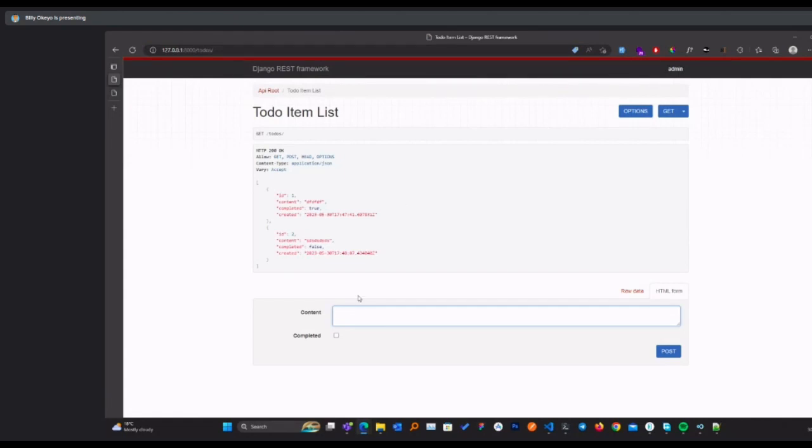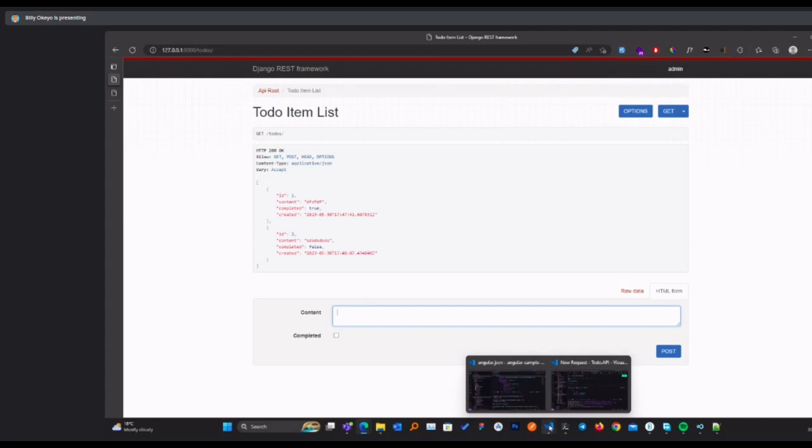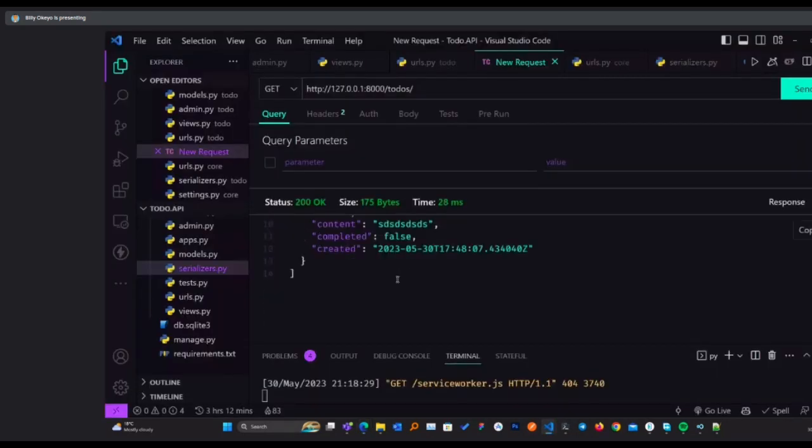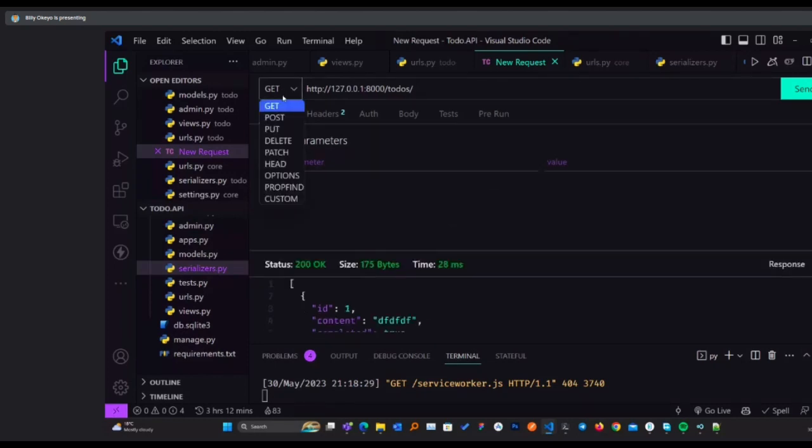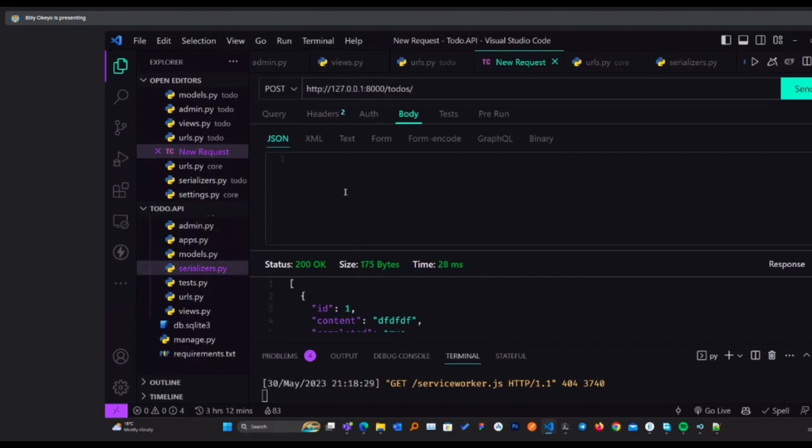So I can choose to add a record from this. Probably the best approach is to just use this. This is an alternative to Postman for those who have used Postman. Whenever I want to create a new record, I'll come to POST, since POST is the one used to create. So I'll create a JSON object.